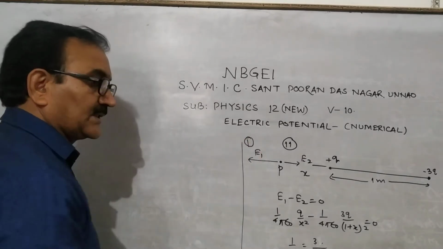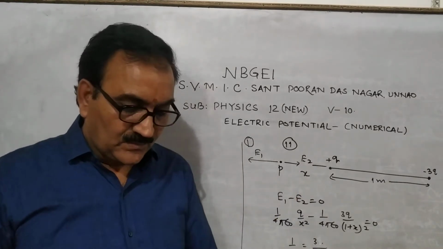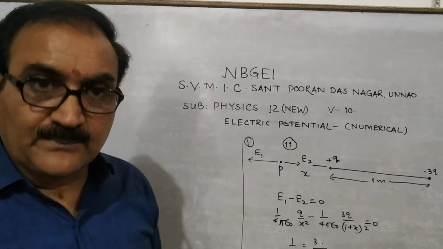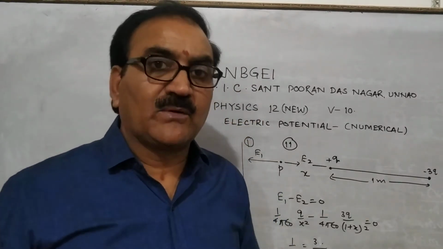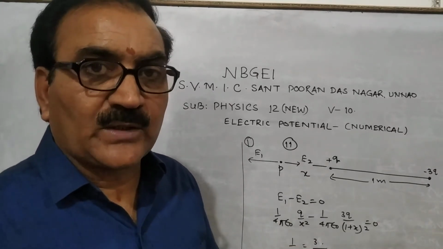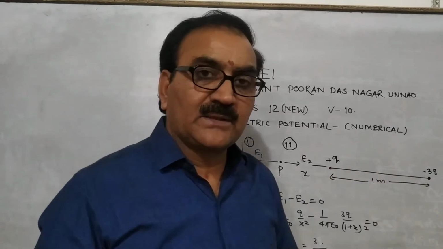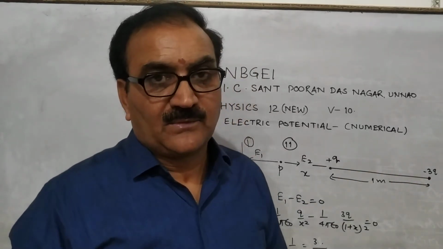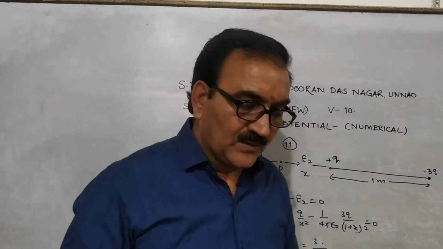This is part first. And another question here is to find the electric potential. Electric potential is a scalar quantity. So keep in mind, the point where electric potential is zero on the line joining may be inside the charges and outside also. It can be outside, and it can be inside too.